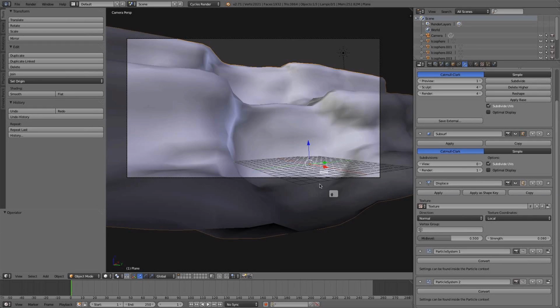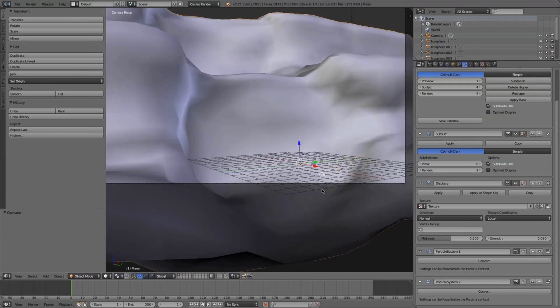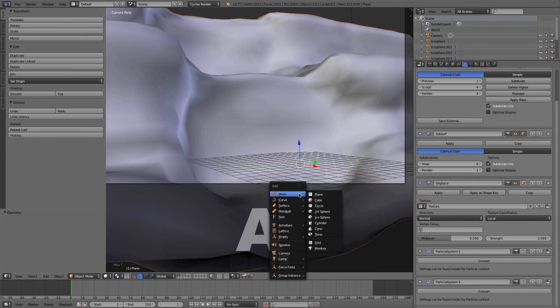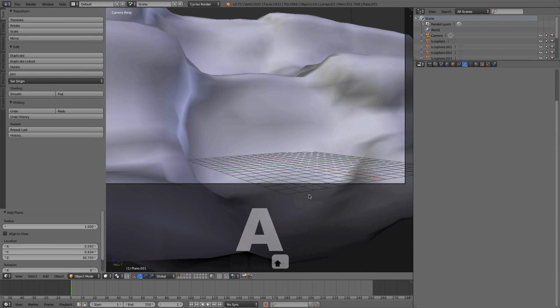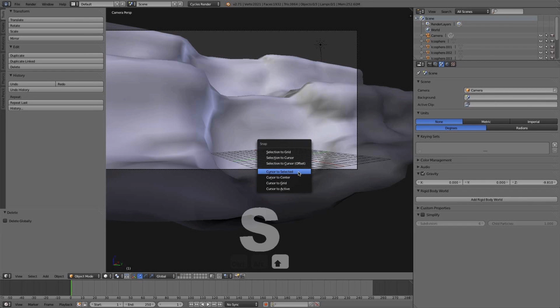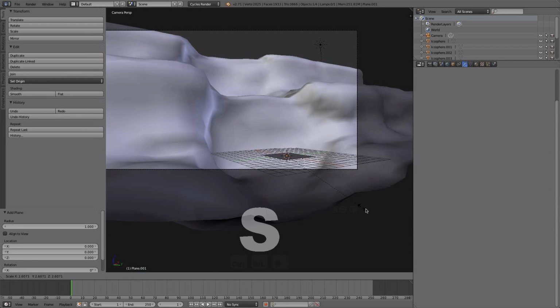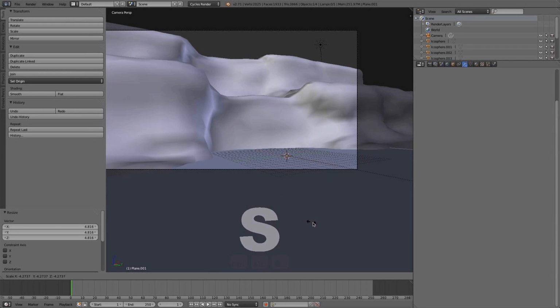So let's add in our final touch, which is the lake, and then it will be on to the next part, which will be adding the waterfall and compositing. So I'm just going to finish this up with the lake. It's going to be a plane. Whoops. Let me delete it. Let me Shift S, cursor to center. Yep, that's good. Shift A, add in our plane, scale it up, nice and big,